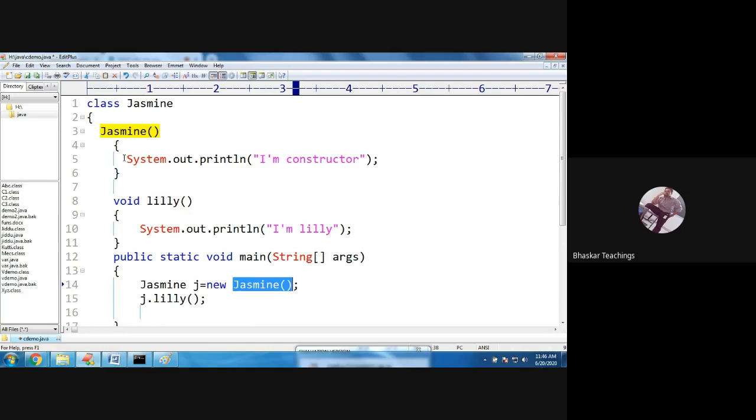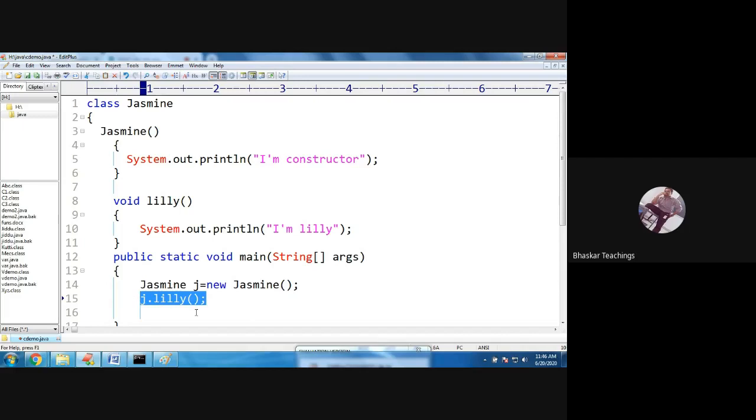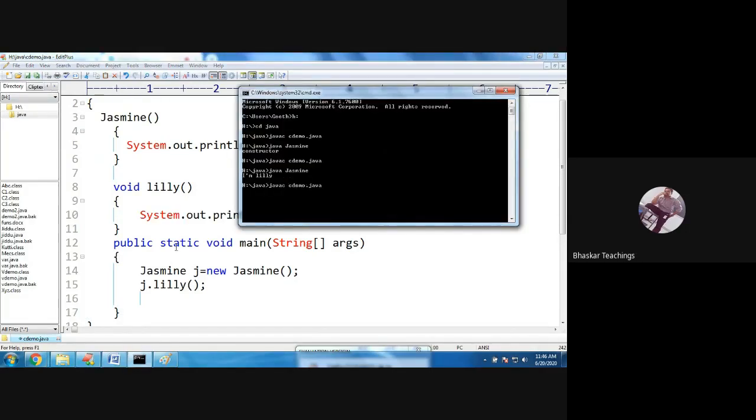So here, this is object creation syntax, and here it is a call to zero argument constructor. The control goes, it will display the statement, returns back, and there is a call to the Lily method. It will go into the method body, execute the statement, displays and returns back, program over. So the output will be I'm constructor, I'm Lily.